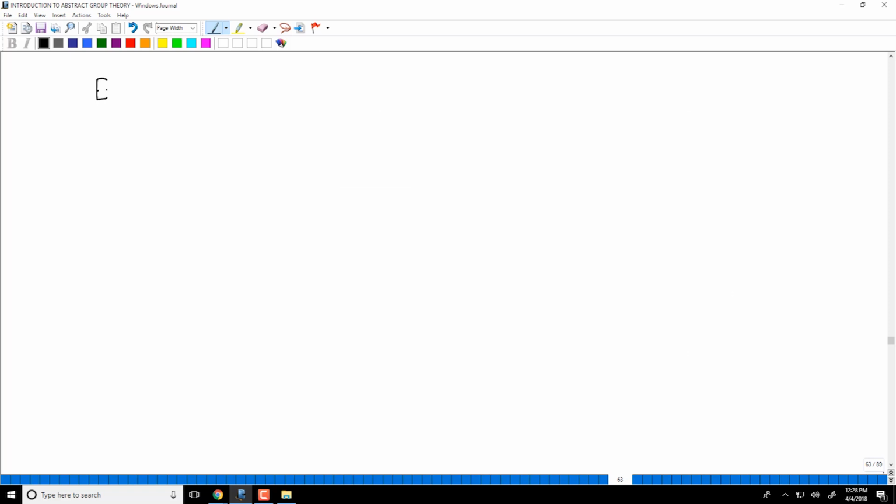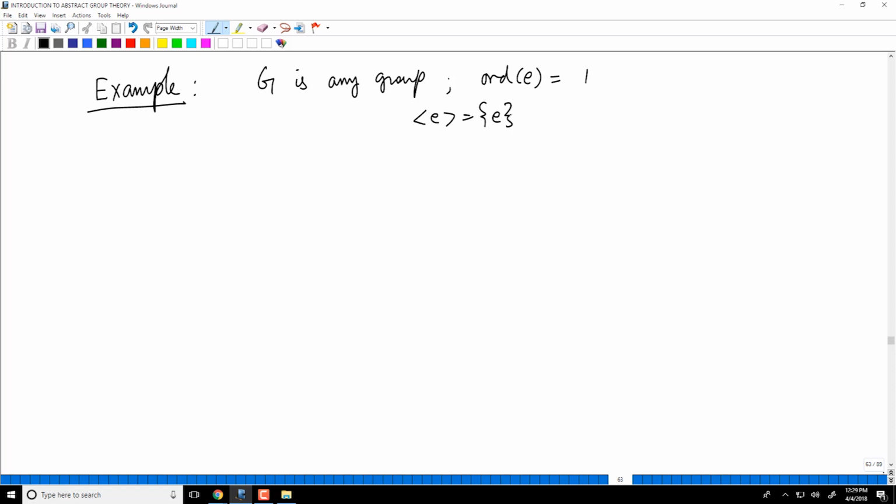Okay, so as an example, G is any group. The order of the identity element is always 1. That's clear, right? Because the subgroup generated by E contains only powers of E, which is just E. So order of the identity element is always 1.